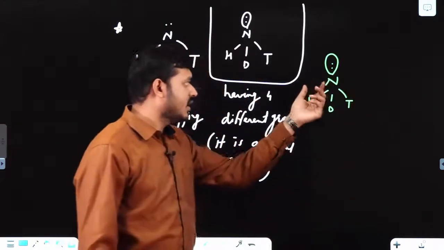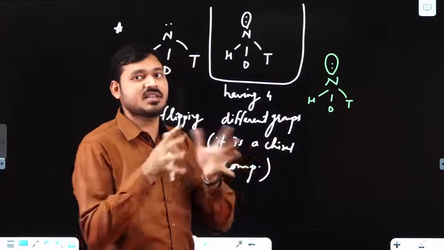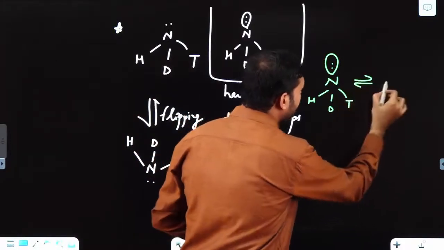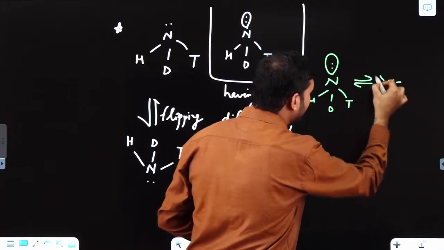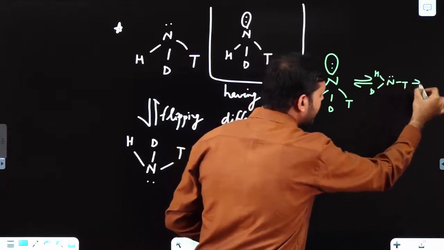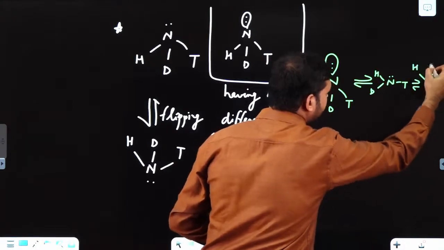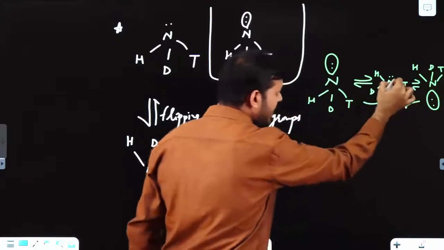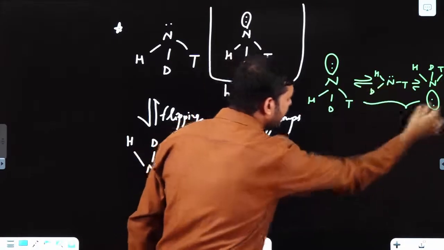Now this lone pair and this bond pair, there is repulsion. To minimize the repulsion, and it is having strain in this compound. So to minimize the strain, at a particular moment, these 3 come in the plane like this. This is not observed, remember. Okay. And finally, it is flipped. H, D, T, and lone pair come this side. This is your intermediate part. Through this intermediate part, a planar part is observed, and then this flipping.